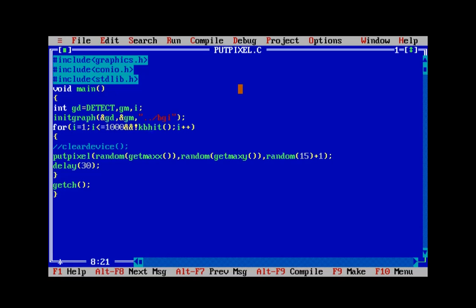As you can see, we can perform such a kind of magic with this putpixel function. And this is what I mentioned, that we are going to study a little bit of interesting things in this video, and I hope that it makes sense. So as I mentioned earlier, you can bring about that rain kind of effect with the putpixel function. So that's it for this video, and as usual,